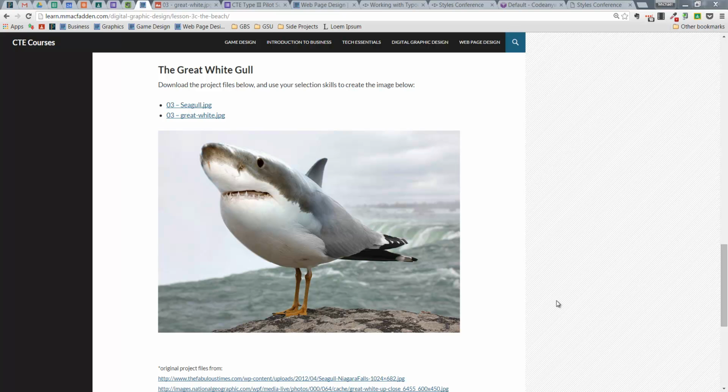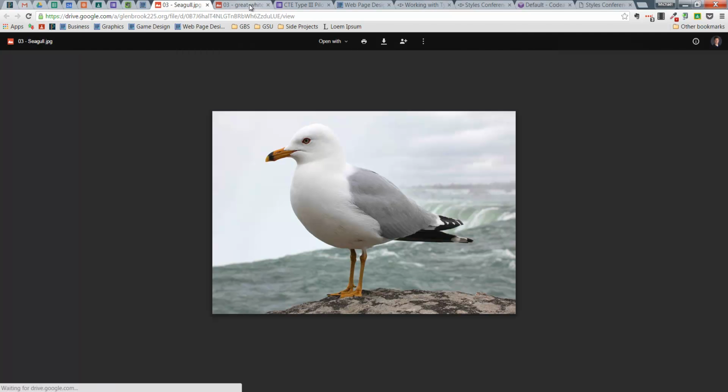For this project, we're going to use our selection skills along with some other things that we have learned in order to create this cryptozoological creature. You can see right here we have a great white gull, which is a combination of a great white shark and a seagull. So what you're going to do is download these two project files, seagull and great white